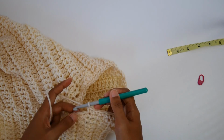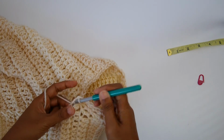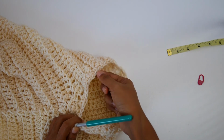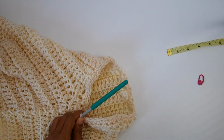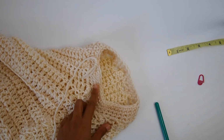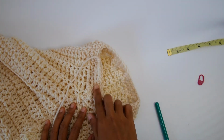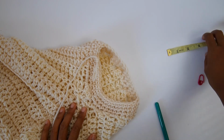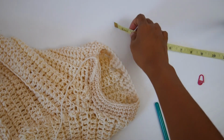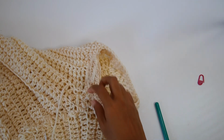So, I will go off the camera and finish making single crochet, and we will meet when I get about 1 inch thick. And now I have finished making single crochet rounds on the armhole, and measured it is about 1 inch thick. You can make more if you like, but I will stop here and cut the yarn tail